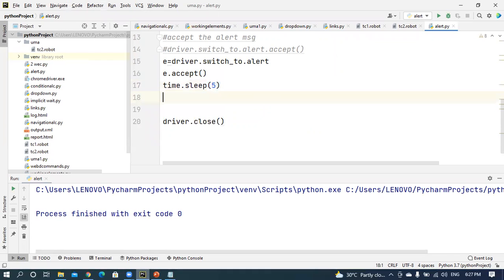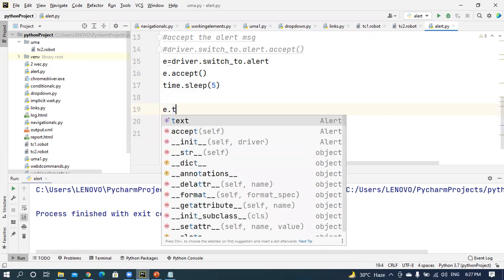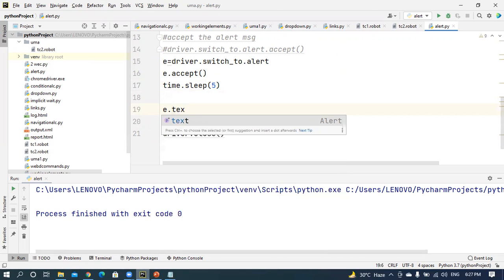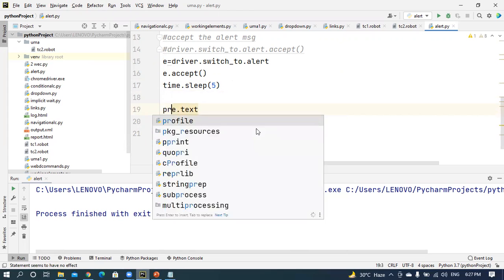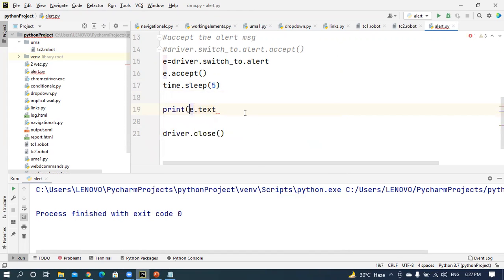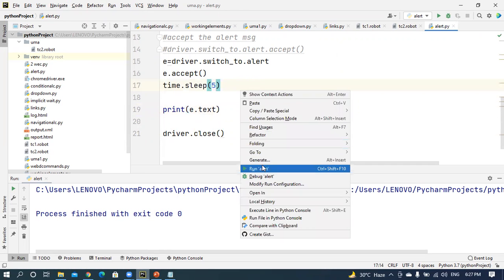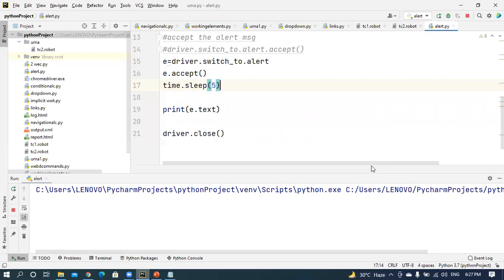For example, e dot text. With the help of e dot text, you will identify the text of the alert window or alert dialog box. Here, if I print this one, it will get the text for the alert window.